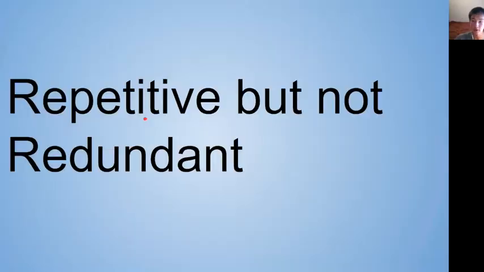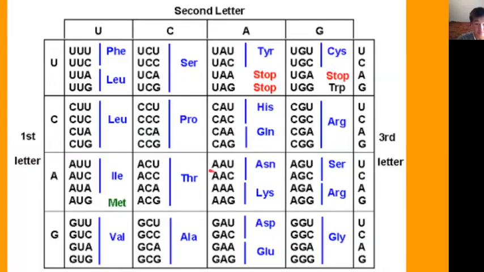And a key part of this is we see it's repetitive, but not redundant. What does that mean? Those are some very nice words, but I don't know what they mean, right? Well, what they actually mean is that you see all six of these code for the same amino acid. So you're like, wait a minute, is that a problem? No, that's okay. It's just repetitive, right? But it's not redundant. Redundant means there's no reason to have so many, because if you look,